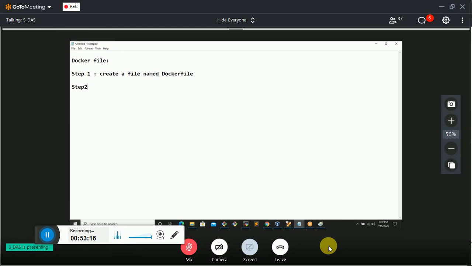Once the Dockerfile is ready, what is the next step? You have to add all the instructions. Capital letter or starting letter? D should be capital, F is small. Is it? Okay. Add instructions in the Dockerfile. So you have to give all the instructions of what exactly you are planning to do. Once you give all the instructions, step three will be